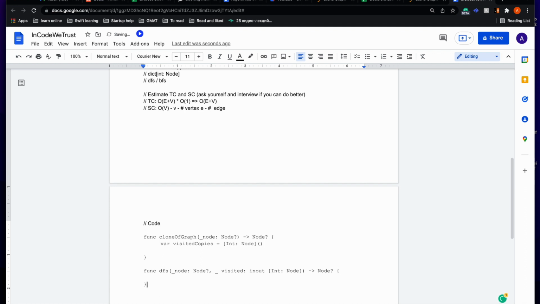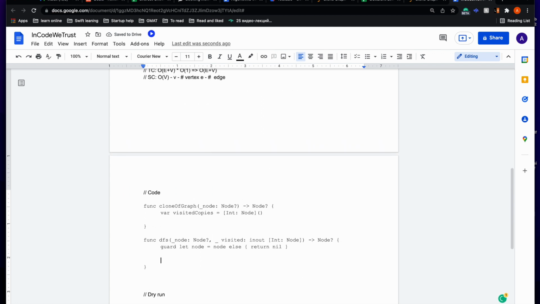As we mentioned, we want to cover the edge case in our DFS. So the first thing first, I'm going to go ahead and check for that edge case. Guard let node equals node, else I want to return nil, right? So that is done. And now let's think. So first, as I'm visiting